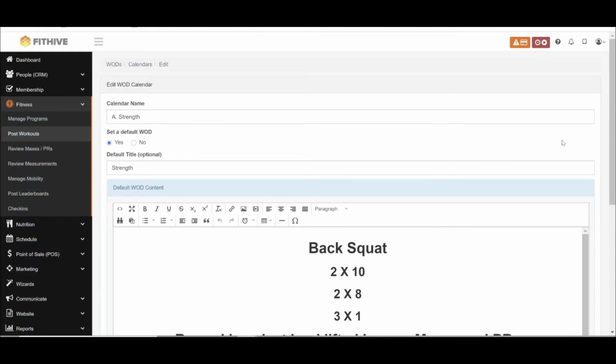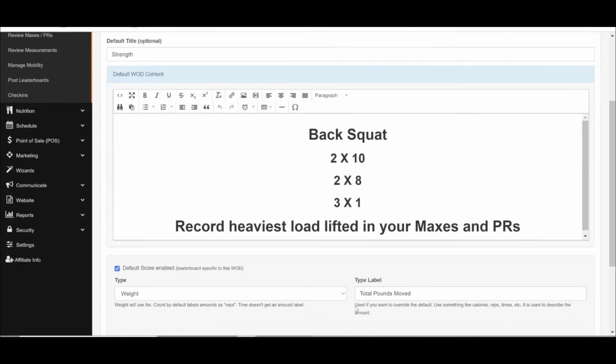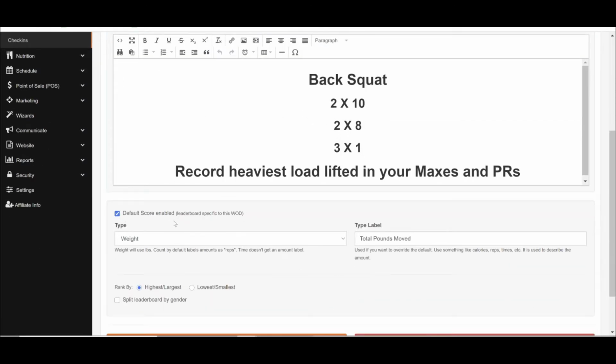If you do a default WOD, it'll default whatever template that you create. So if your workouts have a standard template that you always want to start with for the day, or if each section has a standard template that looks good on the WOD screen, looks the way that you want it, you can go ahead and set that up. You can also set it up to automatically create a